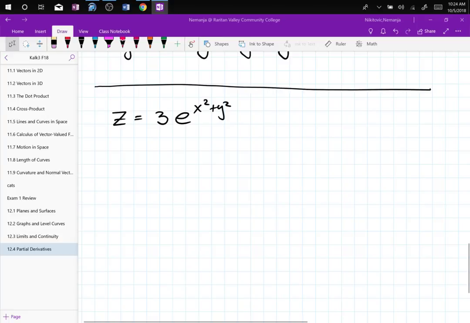As a constant. So the derivative of x is 1. So 1 times a constant is just a constant. Okay. Yeah, because the derivative of the constant is